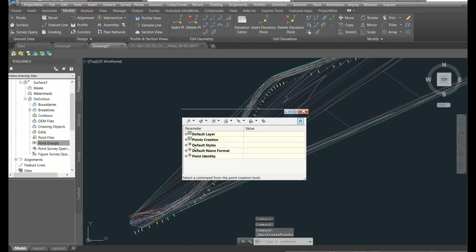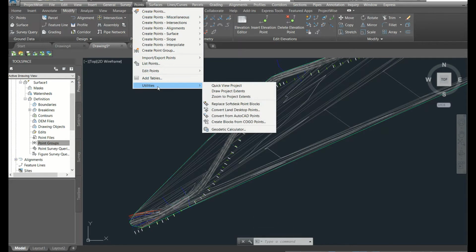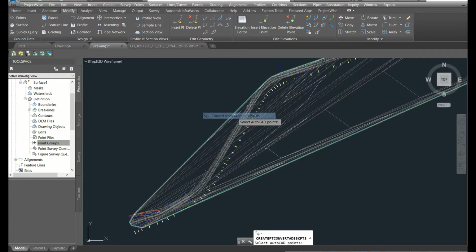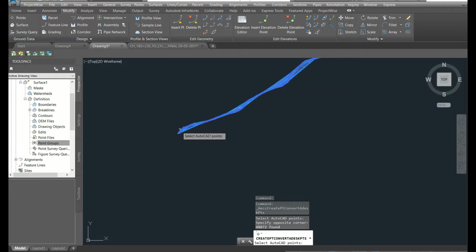Once this is done, point creation manual automatic, then go to points, then utilities, then convert from AutoCAD points. Just select the entire point area. Whatever AutoCAD points are there can be converted into Cogo points. That is for Civil 3D.